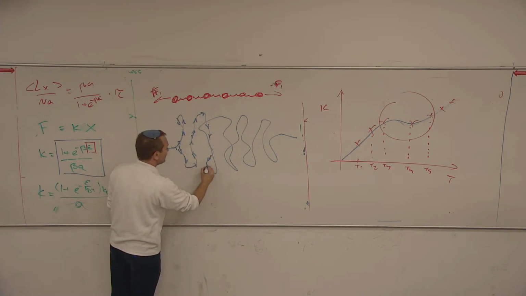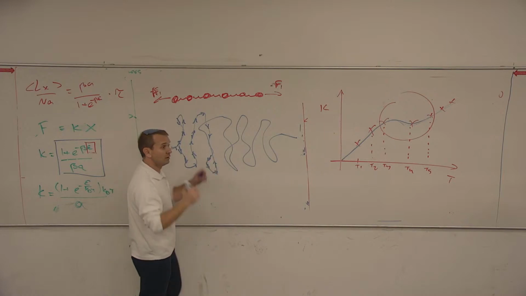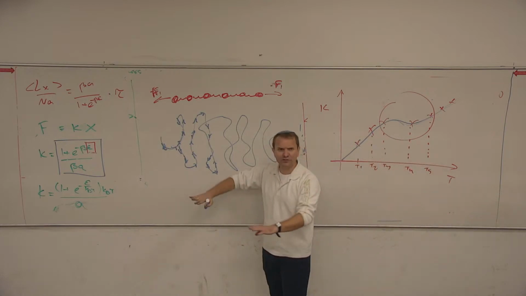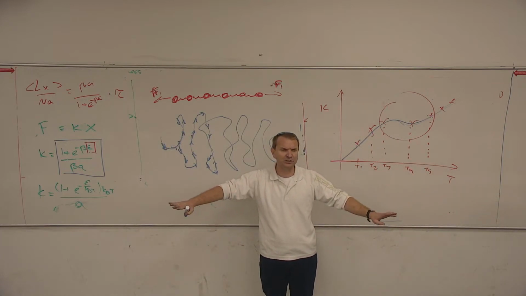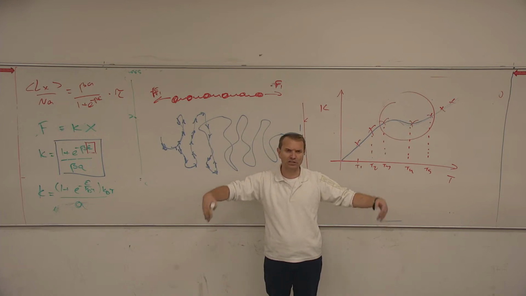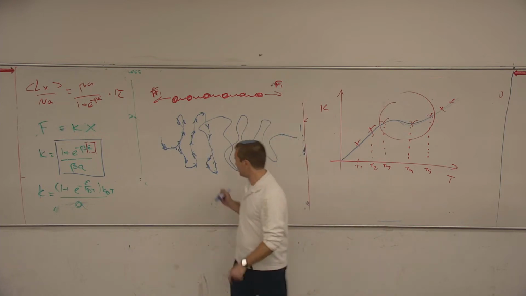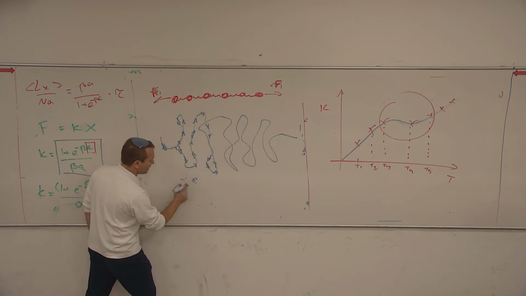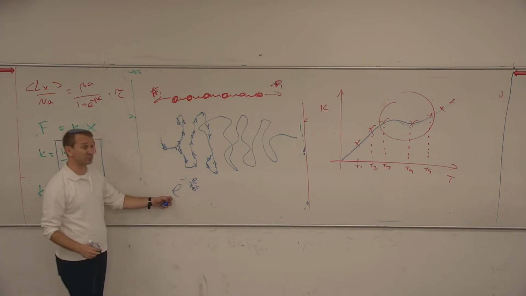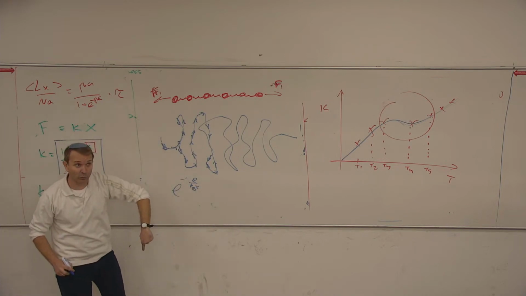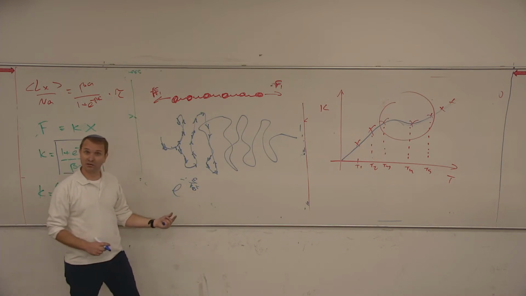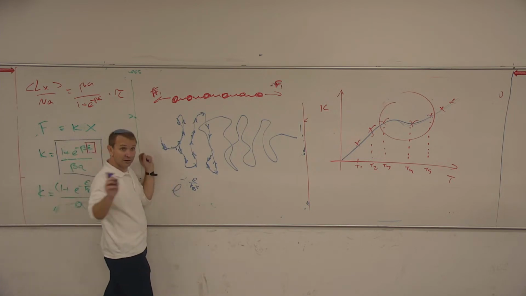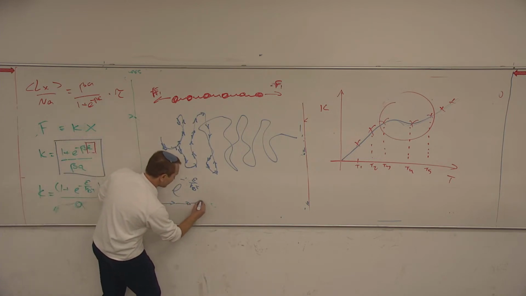So what happens as we heat up our so-called spring? At the very, very low temperatures, all the different monomers prefer to be in their lowest state. There are no excitations because excitations cost a lot of energy. Remember, the prefactor of excitation is e to the minus beta epsilon, or epsilon divided by k Boltzmann T. This is the probability of being in the upward state and the downward state. So when temperature is very, very low, the probability of being in those states is extremely low, so I'm never there. So my polymer looks like this, right? For low temperatures.